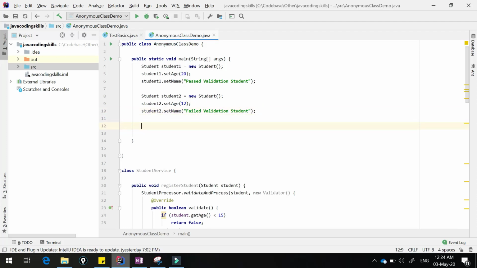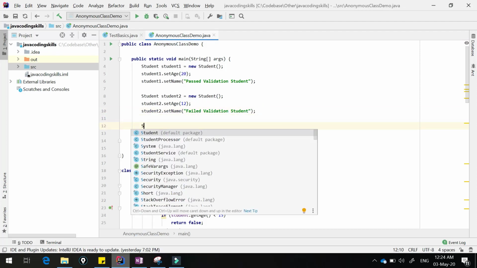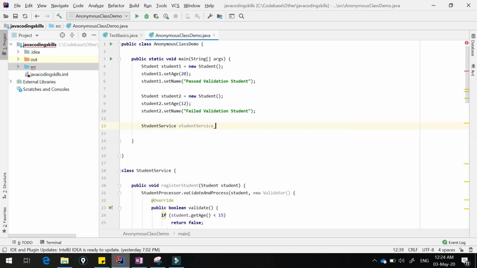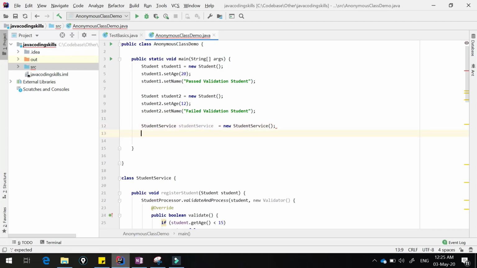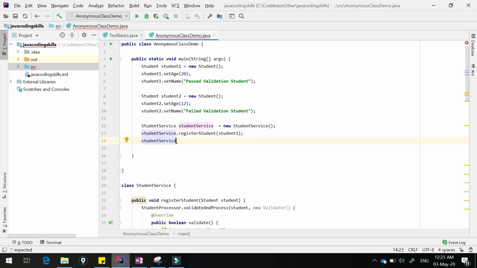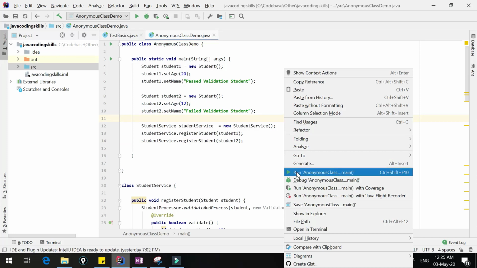So the objects are ready. Let us call the student service: StudentService equals new StudentService, studentService.saveStudent(student1), and one more time, studentService.saveStudent(student2). Let us run that.